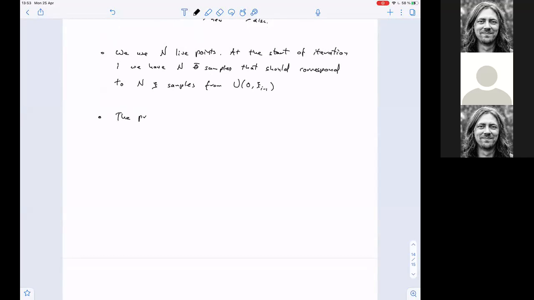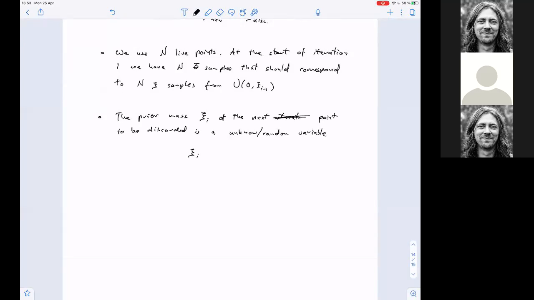So the prior mass psi i of the next point is an unknown, or you might say random variable,